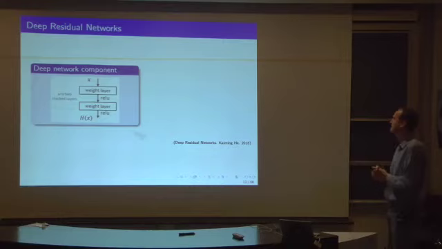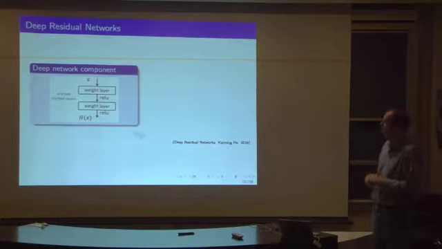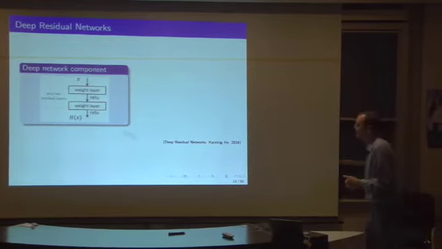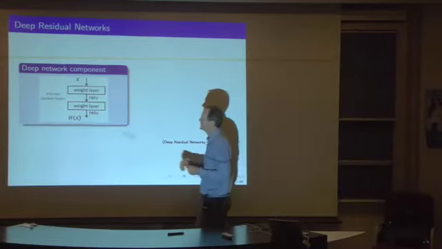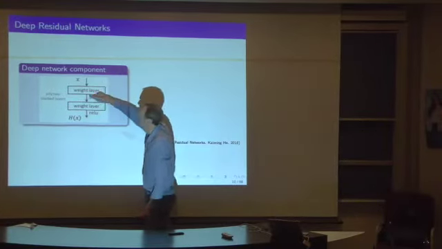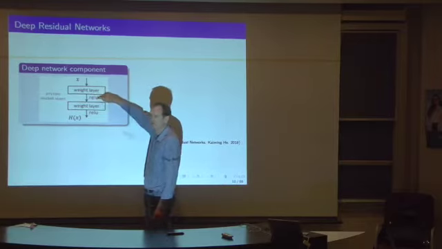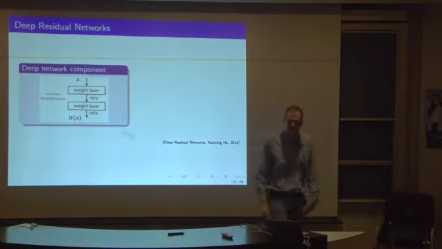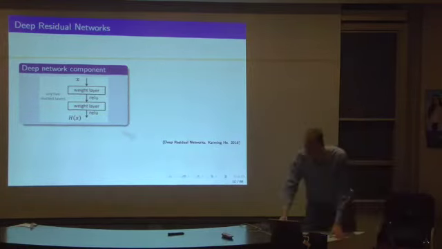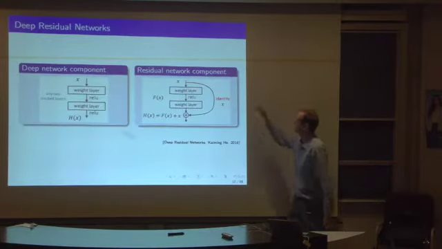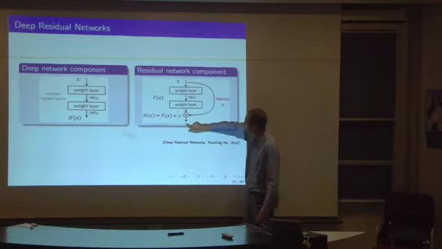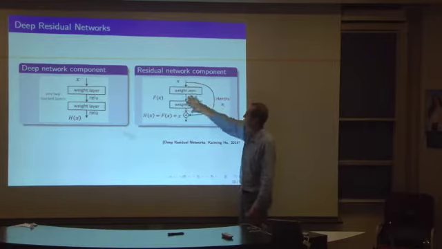What are these deep residual networks? In a standard network, we might think about, let's say, a ReLU network which has this piecewise linear nonlinearity. Just think of what 2 consecutive layers in the network would compute. We take a linear function of the input and then pass it through this piecewise linear nonlinearity. Another linear function, another ReLU, and that's the function that gets computed with that composition of two layers. In a deep residual network, there's just this identity connection. So you can think of the function that's computed here as the input plus some nonlinear function of the input.